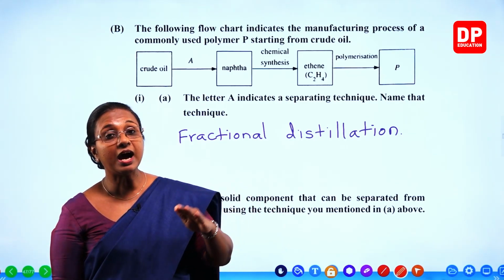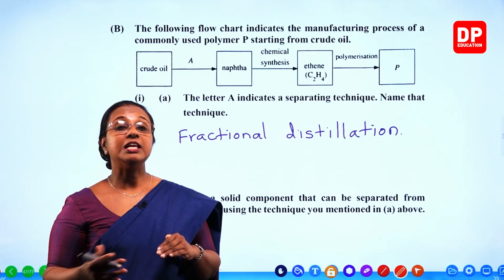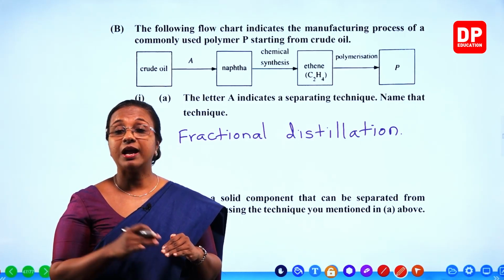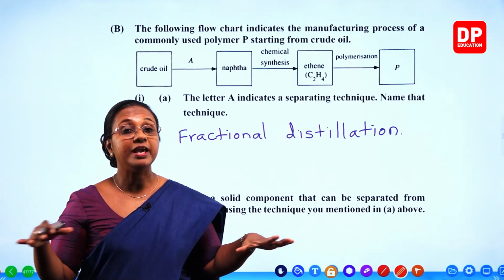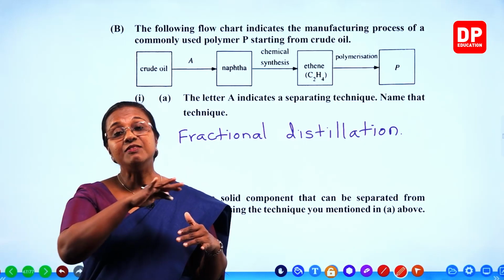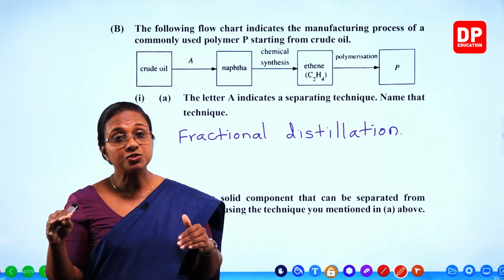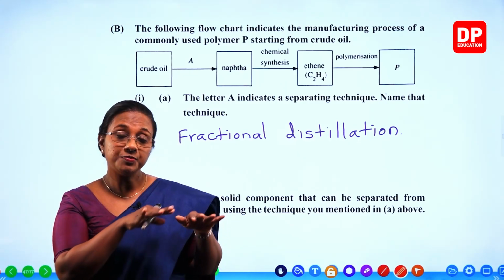that have very high boiling point are removed. Usually, it is in the solid form. You can remember bitumen or tar that is used to make roads. That comes out from the bottom. Then we have wax. Wax is also a solid component that also comes out from towards the bottom.